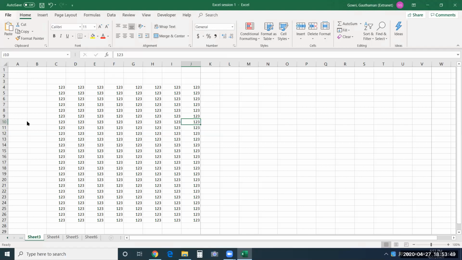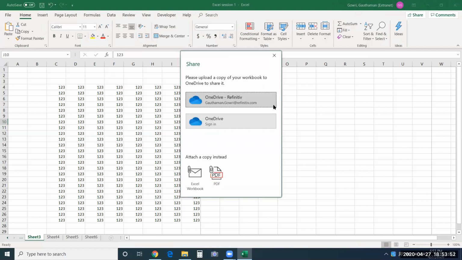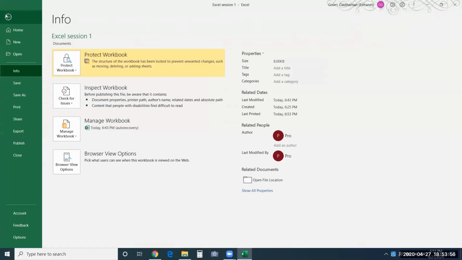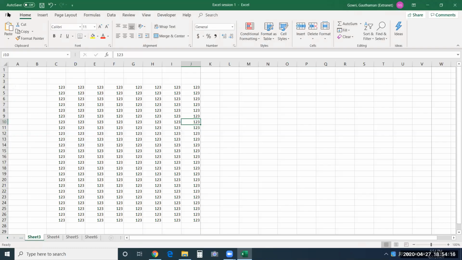Sharing, if you want to share this file over the email, or let's say you want to share it with another person. If you have this file on OneDrive, you want to share it to someone else, so that is also possible from here. But I think it is available in save option also, because save and send email, something like that. Is it? I don't think so.